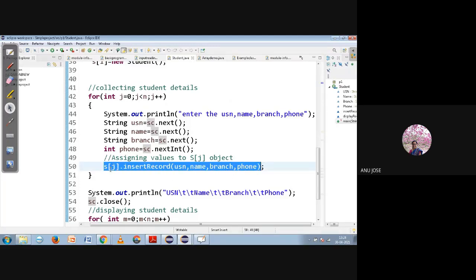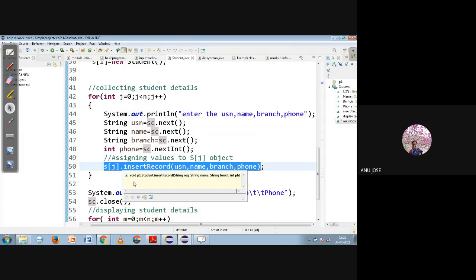So what is happening in S of j dot insertRecord? insertRecord is the function we have defined over here. When I mentioned the previous example, we had functions that are common for all objects. We had a black dog, a white dog and a brown dog in the previous class example. If I say the dog is sleeping, I should also mention which dog.